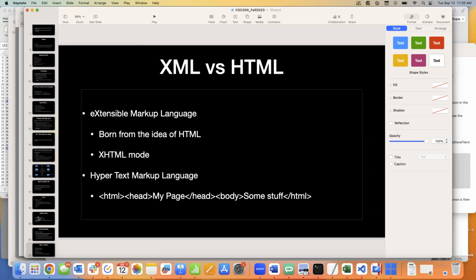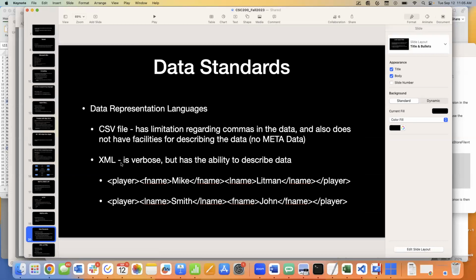Okay. So if we were to point out one big problem of XML, we would say that it's pretty verbose. So a lot of stuff is being said with just a little bit of data in there. But now let's look at another problem. This is maybe the bigger problem today. Early days of computing, we really did need to worry about the size of the data because our internet connections were not what they are today.